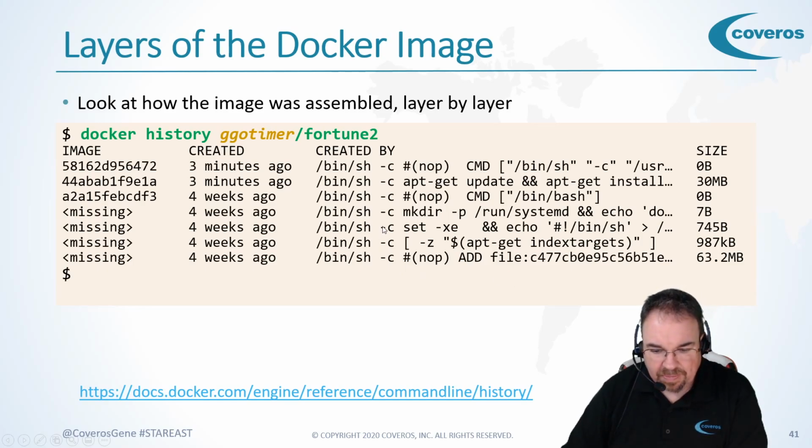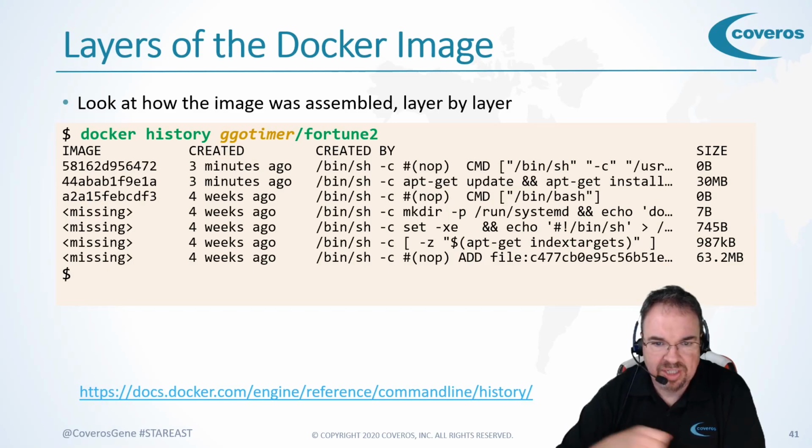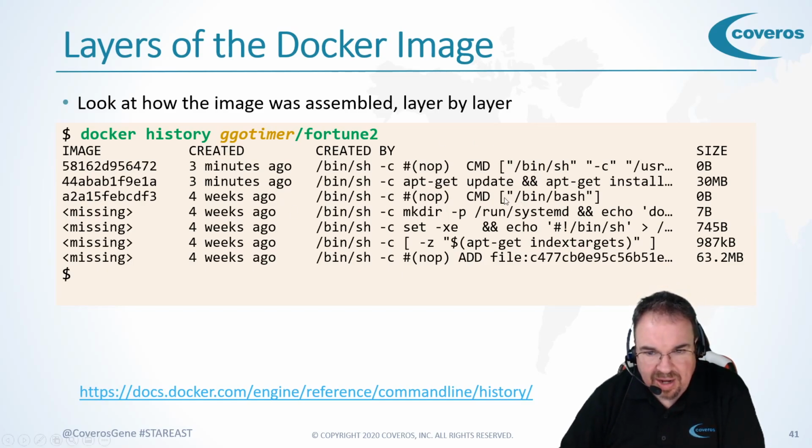But the big thing to look at is we see that a bunch of these layers were created 4 weeks ago. That's our Ubuntu image. In this particular picture, we'll see in just a second what it was when I did this one. And then there's the steps we put on top of it, the apt-get update and install, and then this no op. Nothing happened here, setting the default command we were going to run, which was bin shell -c user games fortune. It put the bin shell -c for us, which just says run this as a shell command. We'll also know if we look down a little bit, the last command it did for the Ubuntu piece, it's 0 bytes in that case, but the last piece it did there